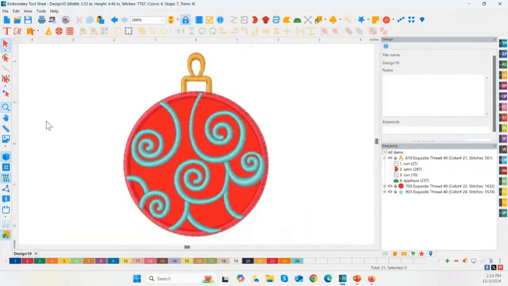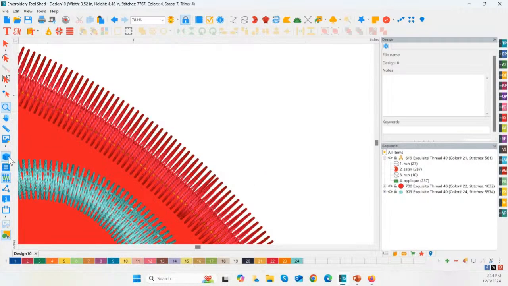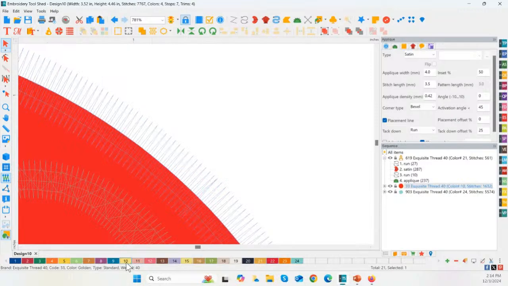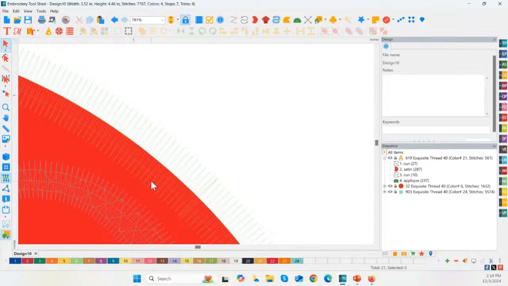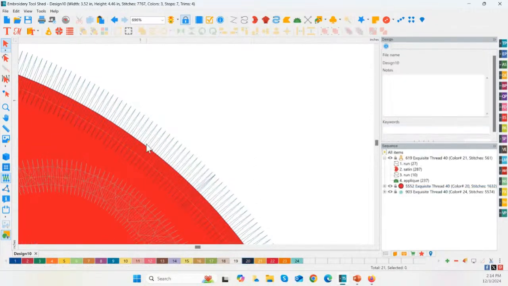Okay, so for the freestanding design, here's another tip that I recommend. When you are stitching, I'm going to zoom really far in and turn off my 3D so that we can see this. Let me change the color because it's red on red and it's hard to see. That's not any better. Green, maybe. That's still not the best. Black, maybe. Sometimes the lighter colors, sometimes the darker colors. There we go. Okay, so here we have a placement stitch, which runs right along this red,